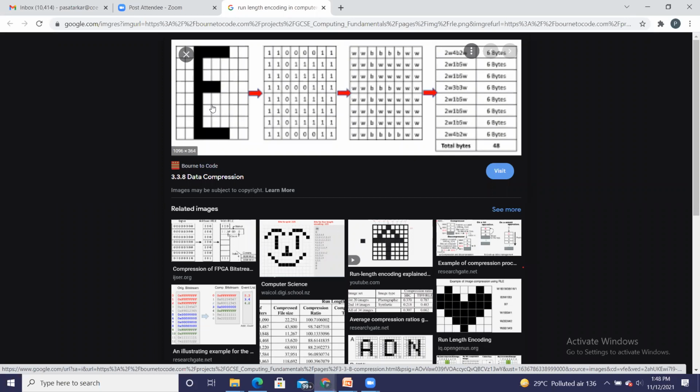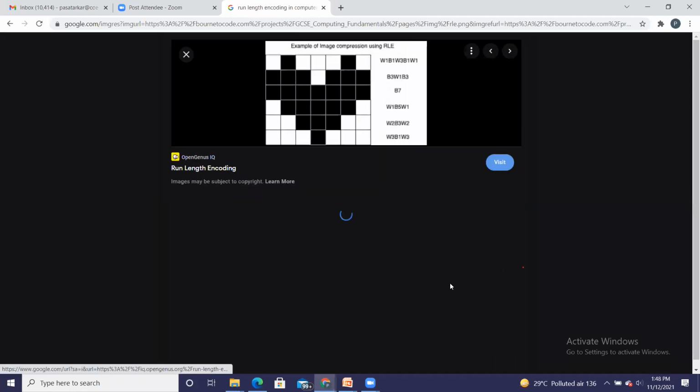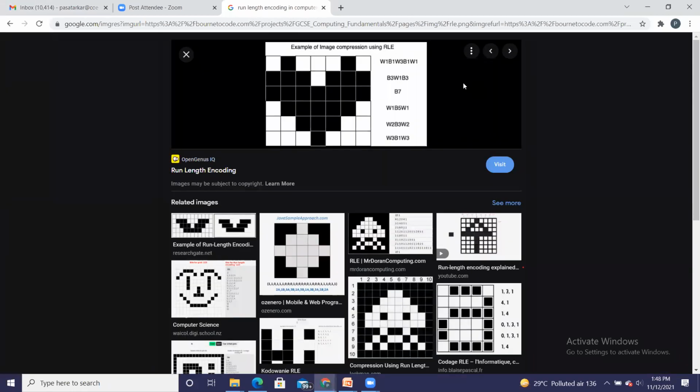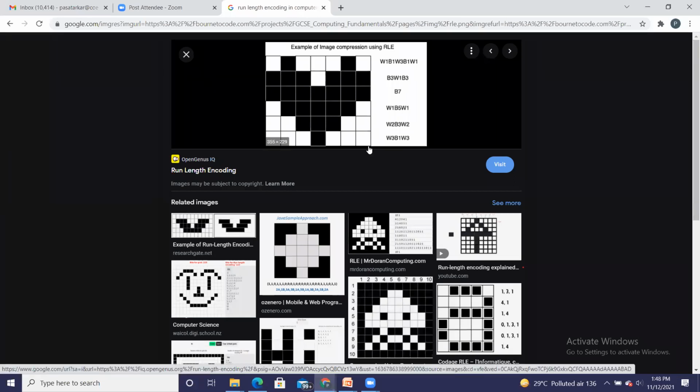Right? And that is how run length encoding is useful for storing images as well. Getting it? For images. So you can try it for this image. What is the total size requirement? 1, 2, 3, 4, 5, 6, 7. 1, 2, 3, 4, 5, and 6.